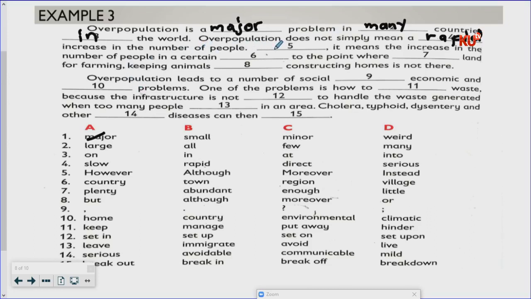Dash, it means the increase in the number of people. However, although, moreover, instead. It is instead because you're stating now the correct definition. Instead,